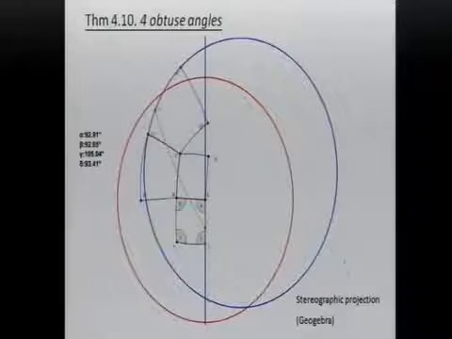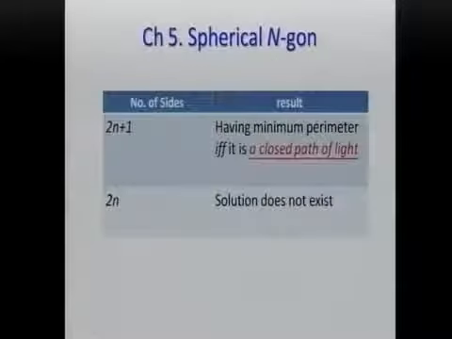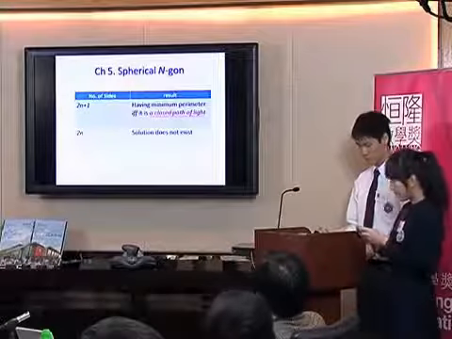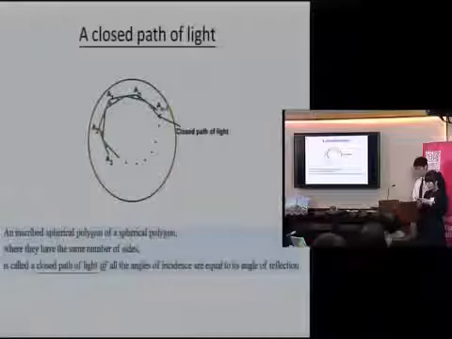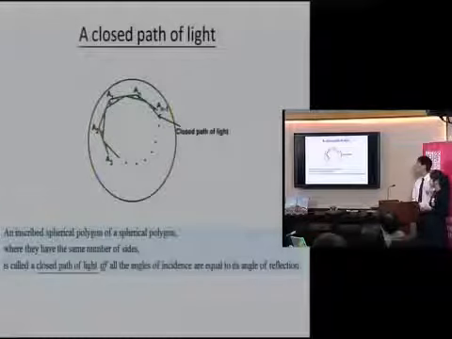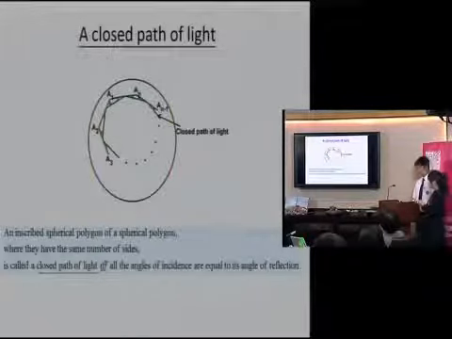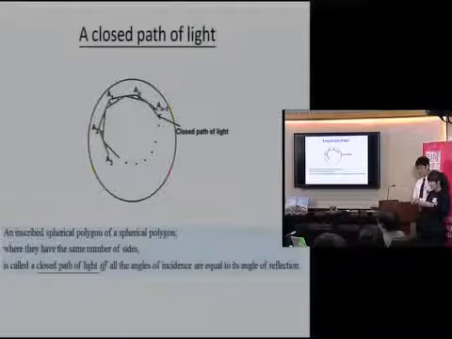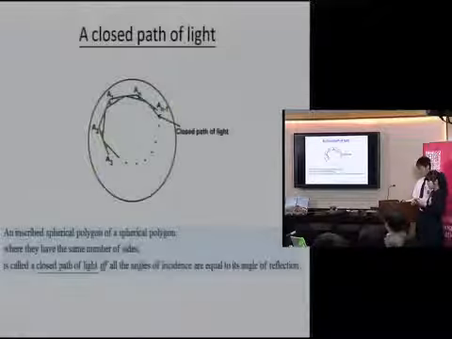To generalize the solution to n-gon, we find that the result is related to the parity of the size of the spherical polygon. First, we define it: an inscribed spherical polygon is a closed path of light if and only if all the angles of incidence are equal to its angles of reflection. In the case of spherical